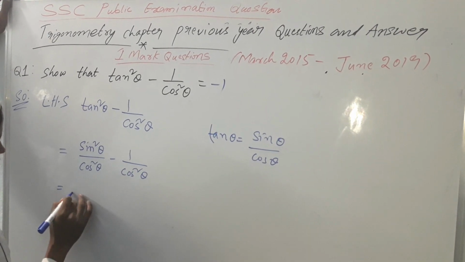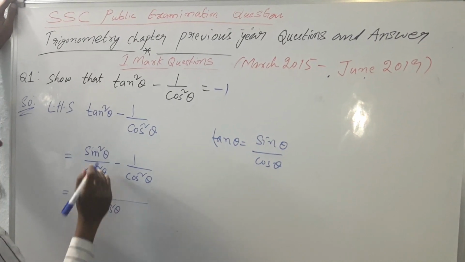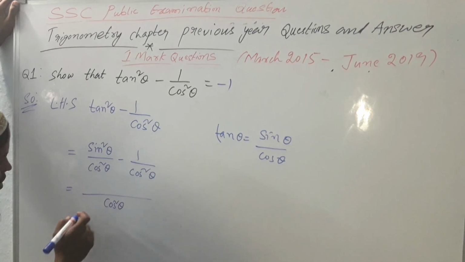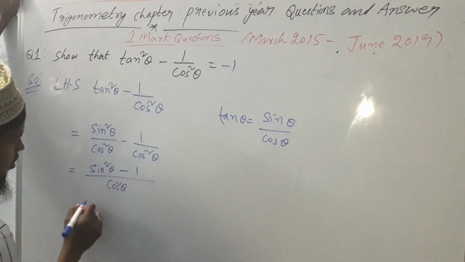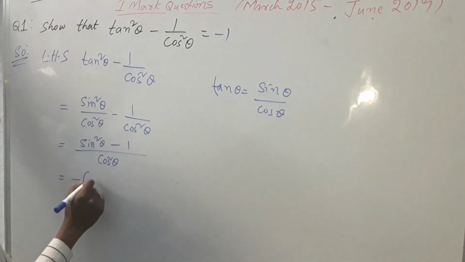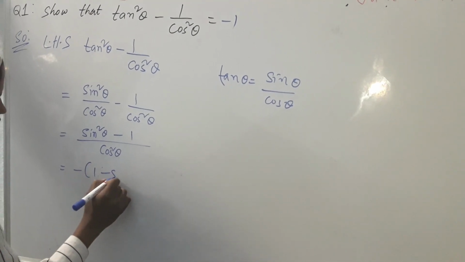You have to substitute and take LCM. Cos square theta in the denominator is the same, so write the numerator like that. Minus 1, take minus 1 common. It becomes 1 minus sin square theta